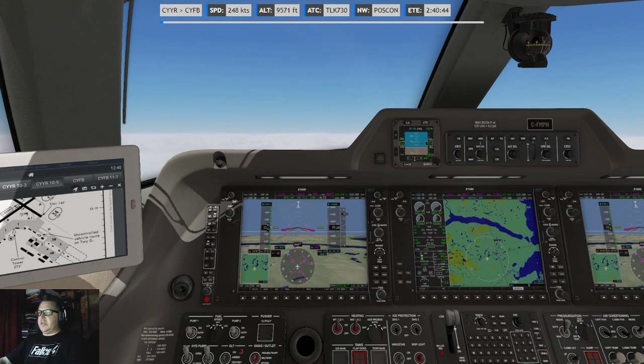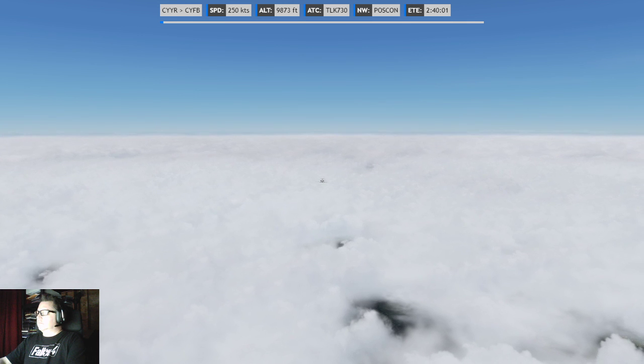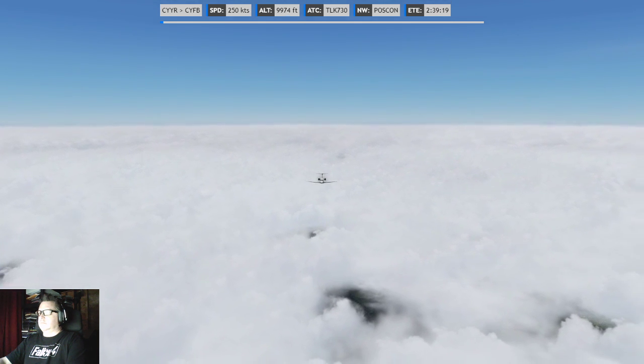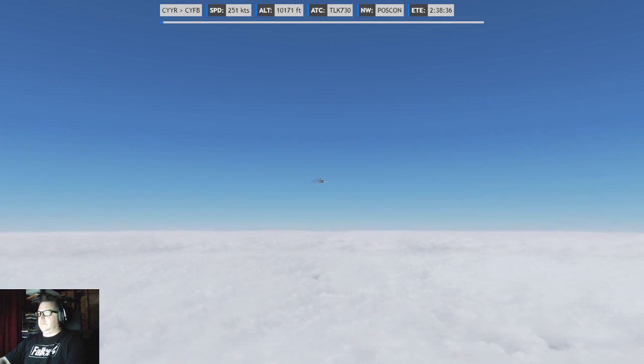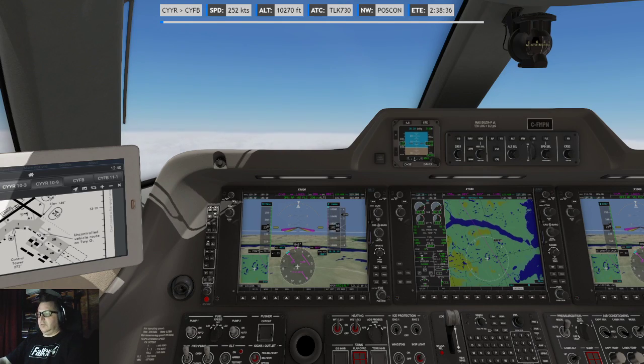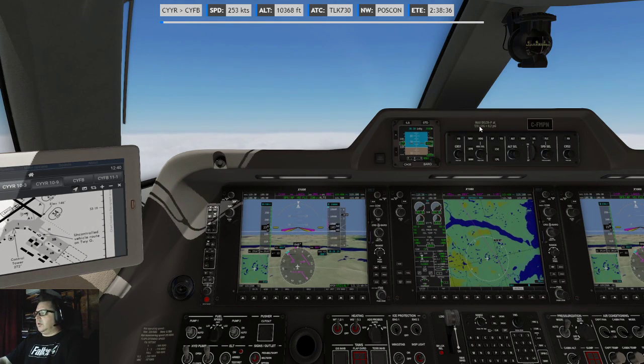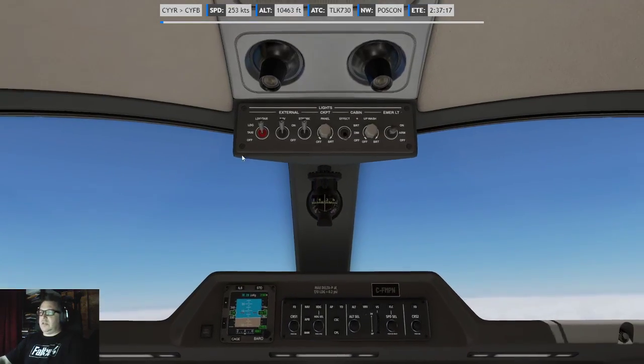Bit of turbulence. Yeah, it's a light chop. Alright, 10,000 can kill the lights.